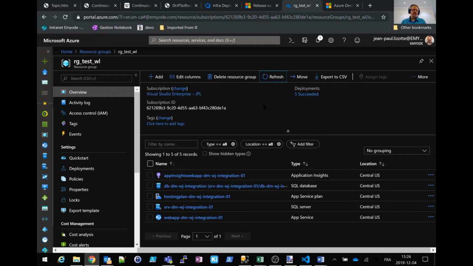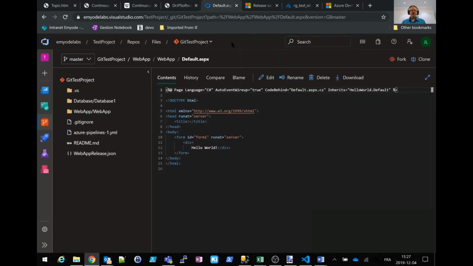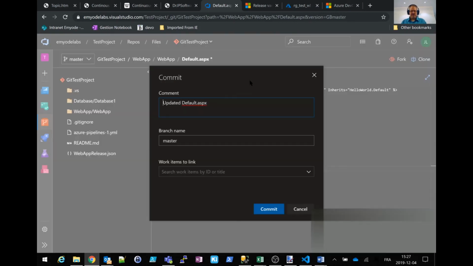So I guess our next step would be, let's have an application being hosted on it, and let's make that application spawn on that infrastructure based on a code change. So here we are again, and I've just put on my developer's hat, and somebody said that the emphasis on the hello world on the website wasn't big enough, so I'm simply going to add another exclamation point to the ASPX file. Let me edit the HTML part of that ASPX, add the second exclamation point, commit,